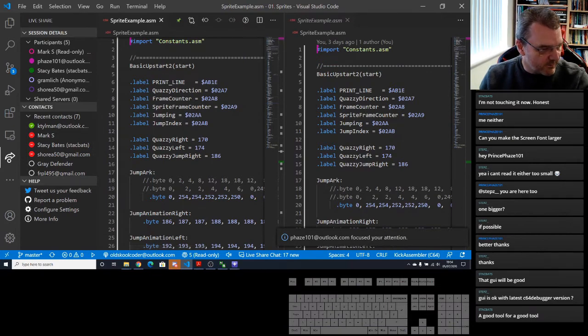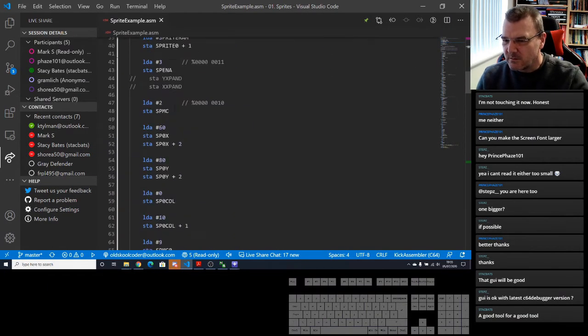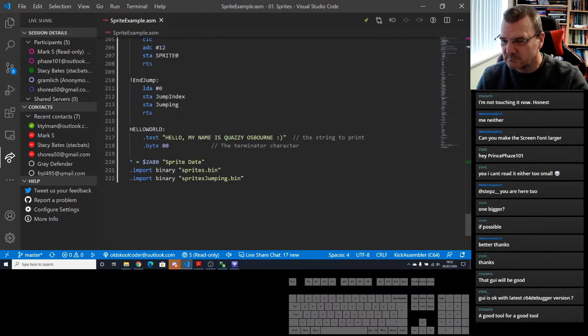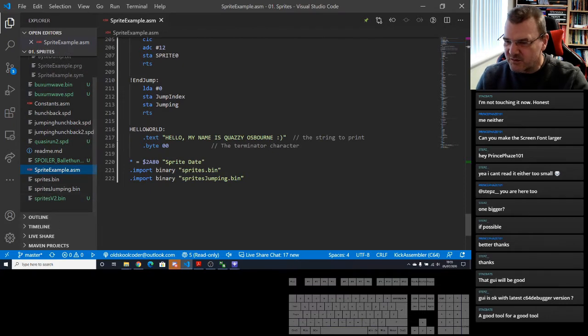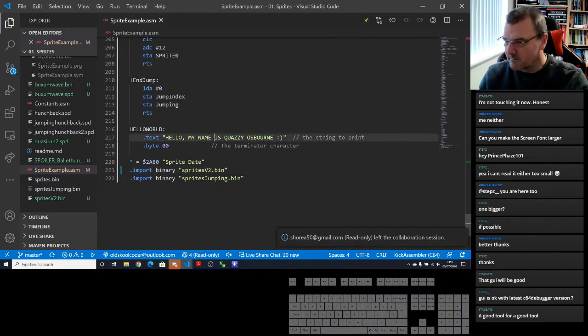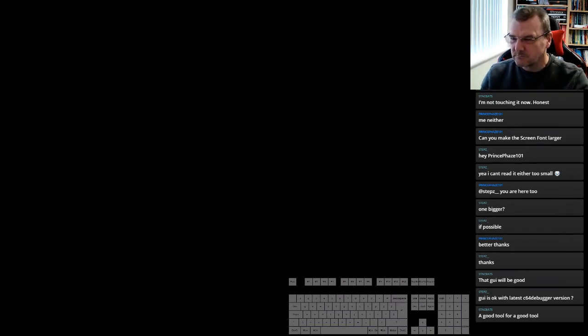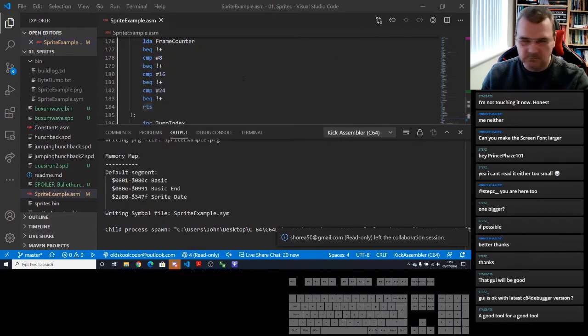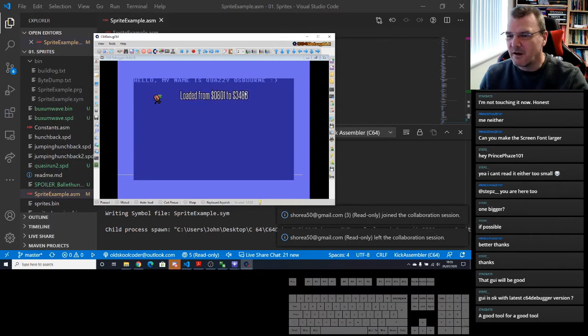So what we're going to do is change the sprites to the new ones. So, where's the include? There we go. I've exported them already. Here we go, Sprites v2. Control F5. Oh my.